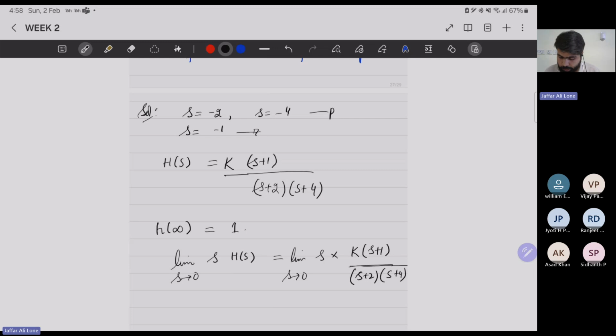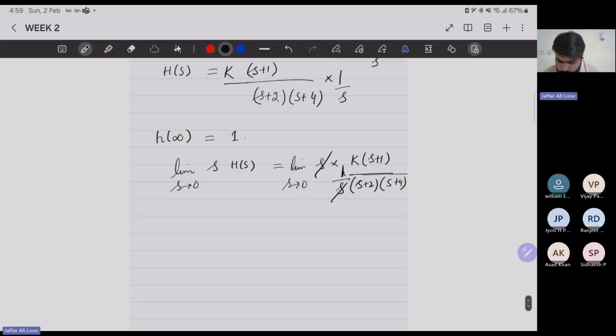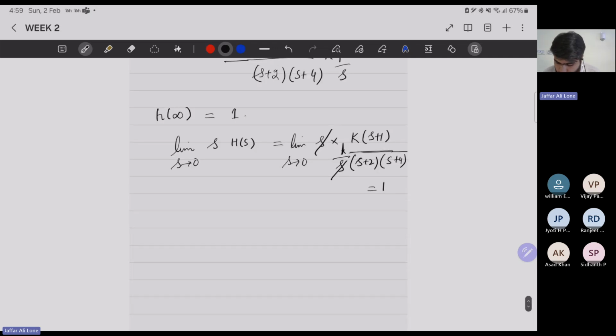I have forgotten one thing here. So this input I have not considered. It's given a unit step input is applied. So when we apply a unit step input, r of s is 1 over s, so here it will be 1 over s. Similarly, we will have 1 over s here. This s and this s will get cancelled. Then what we will get, and we know the value of this is 1, then we will get